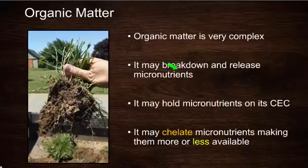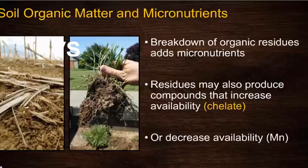Another one is organic matter, and organic matter can be complex because in one instance I told you, yes, it can break down and release micronutrients in its structure. It can hold micronutrients on its CEC, but it might also chelate micronutrients, making them more or less available. It depends on what they're chelated with and how much organic matter you have in your soil. There's no simple answer to this. Organic matter can help if there's some in your soil, but it becomes detrimental if there's a whole lot, depending